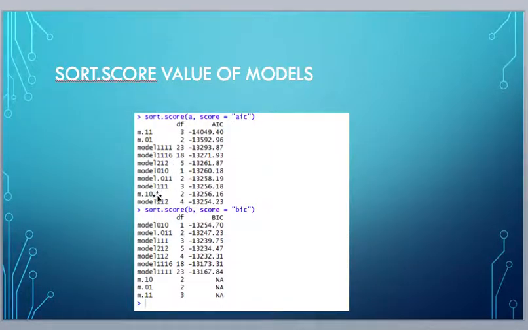So these are the GARCH models that I was referring to: M.11, M.01 and M.10. These are the GARCH models and they don't have a BIC score. Since these are giving us different results, I am going to stress more on the significant coefficients of the model. So we have checked the coefficients of all these models and gone for the model that had the most significant coefficients,